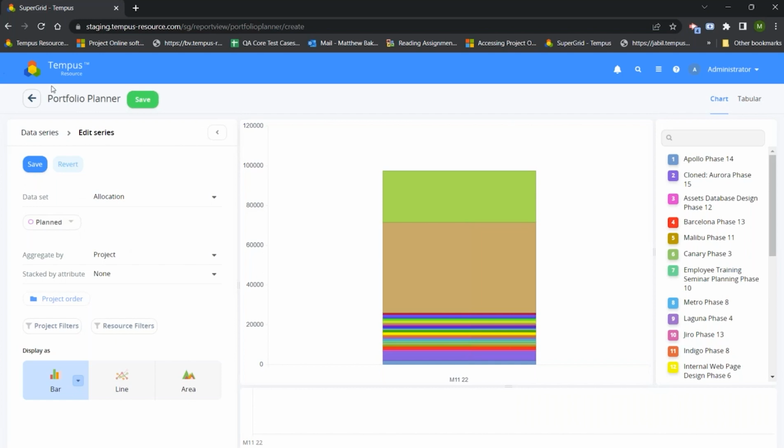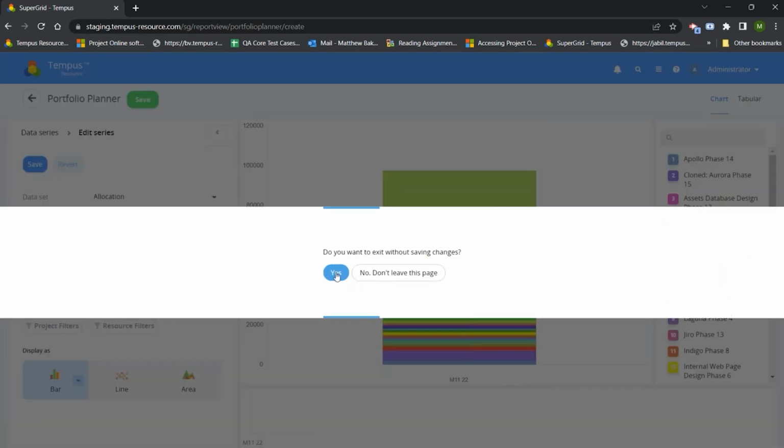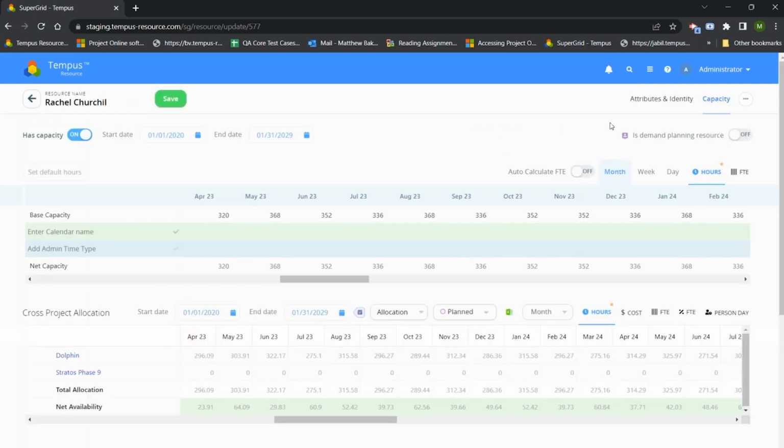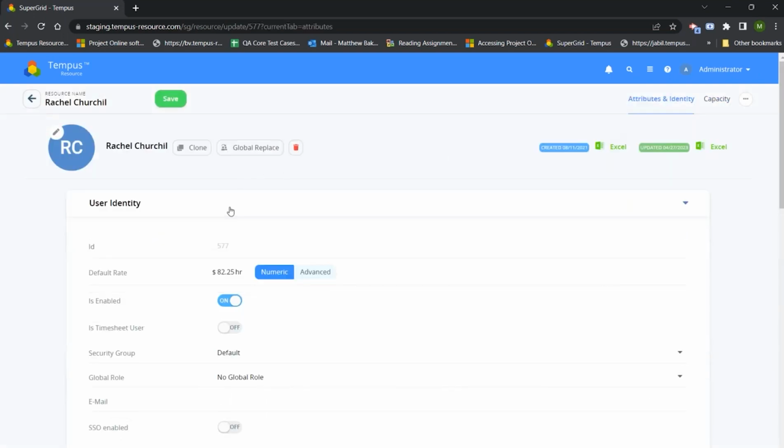Okay, so last but not least, some of the API updates, really only one to mention at this point in time, and that is revolving around the advanced rates. I believe in 7.2 or 7.1, we introduced the ability to have advanced rates within your resources. So if we go to resource management, go to our attribute management,